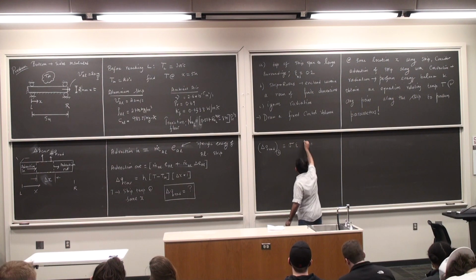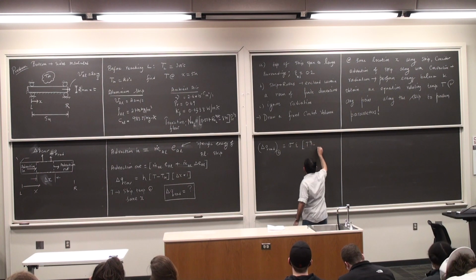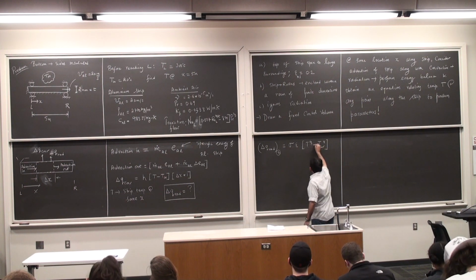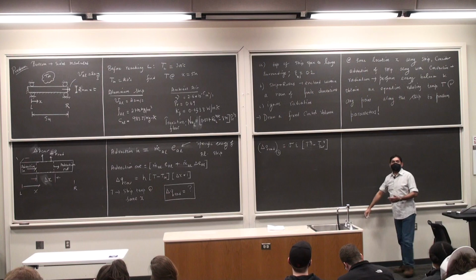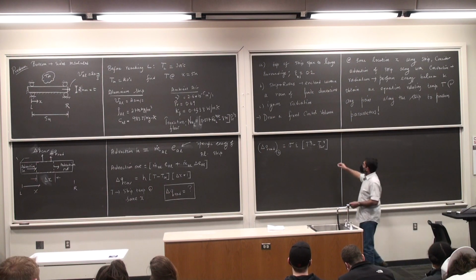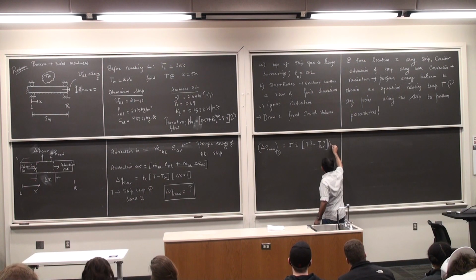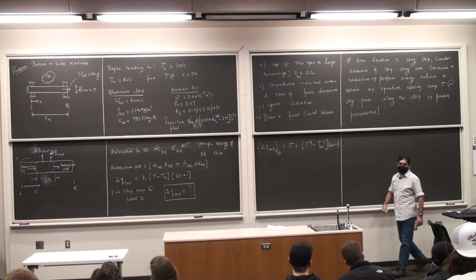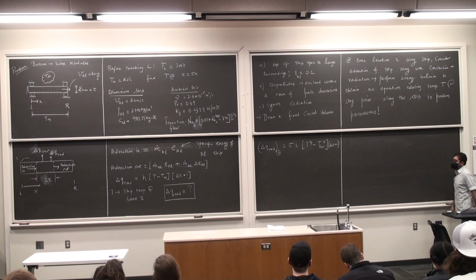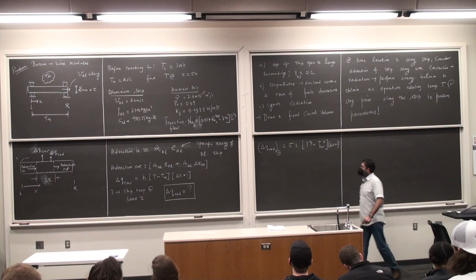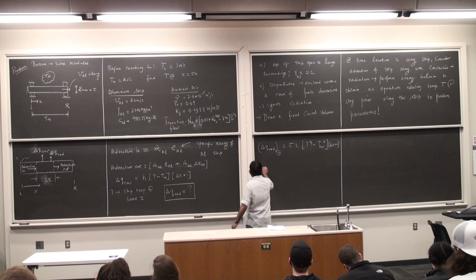Sigma T to the power 4, T surrounding to the power 4, assuming T surrounding to be the same as T infinity, that is completely fine, multiplied by the area exposed to radiation. That's Q radiation A. And the Q radiation for case B